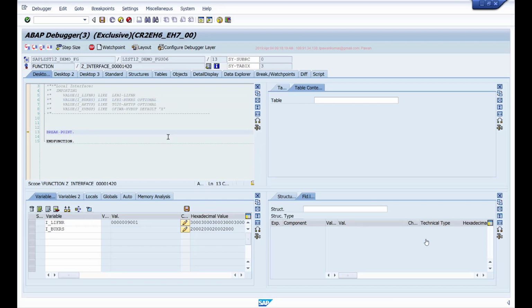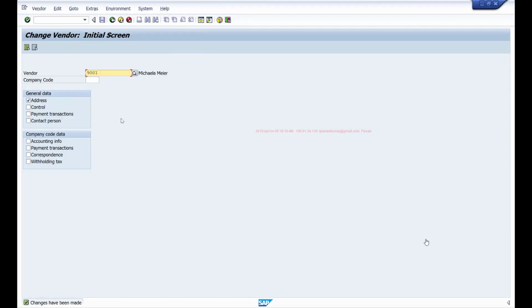So these are business transaction events, and as I said, this is only available for the finance module, and these are also very old. These are not new, so we don't use them much, but just for the sake of completeness, I'm covering this topic so that in future if somebody asks you to check if any BTEs are available, then you know how to do that. So that's about business transaction events. See you in the next session.